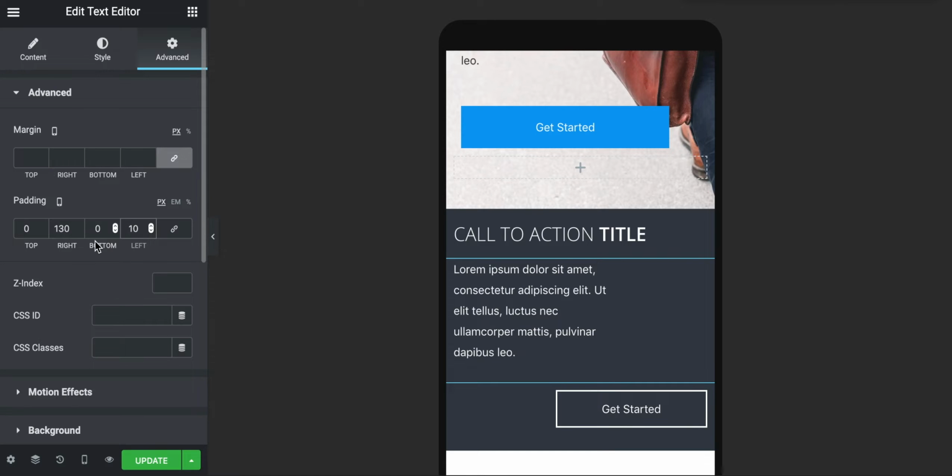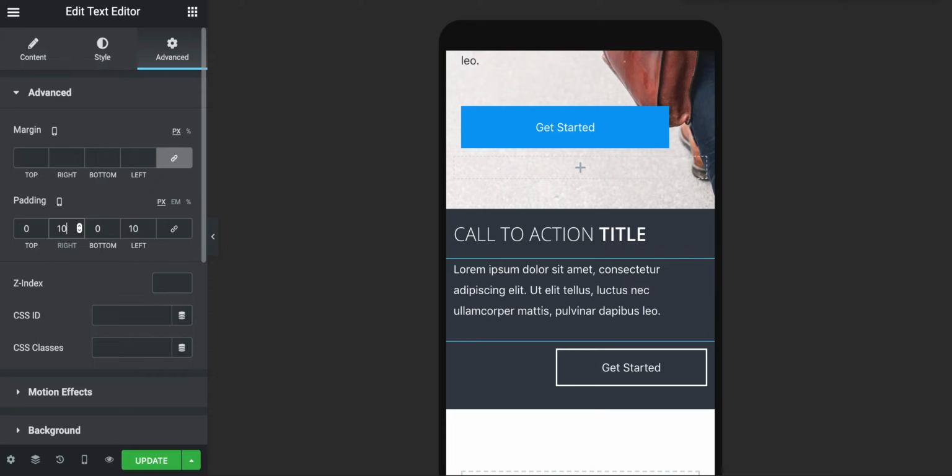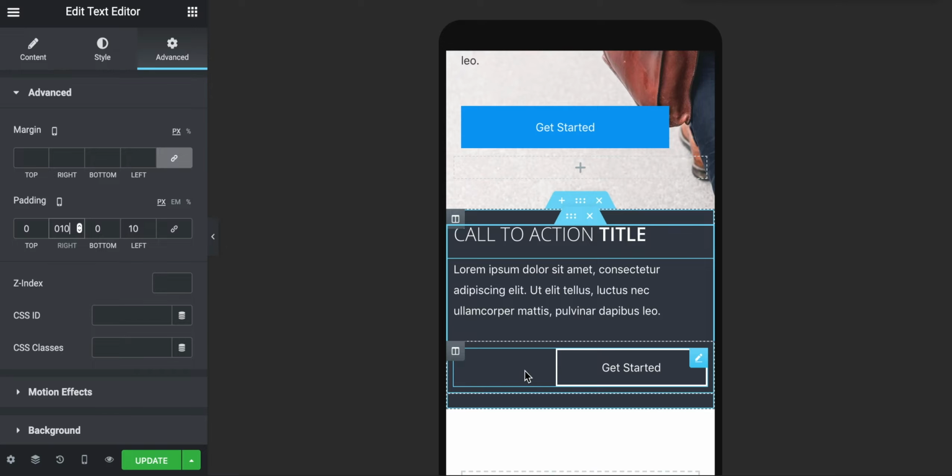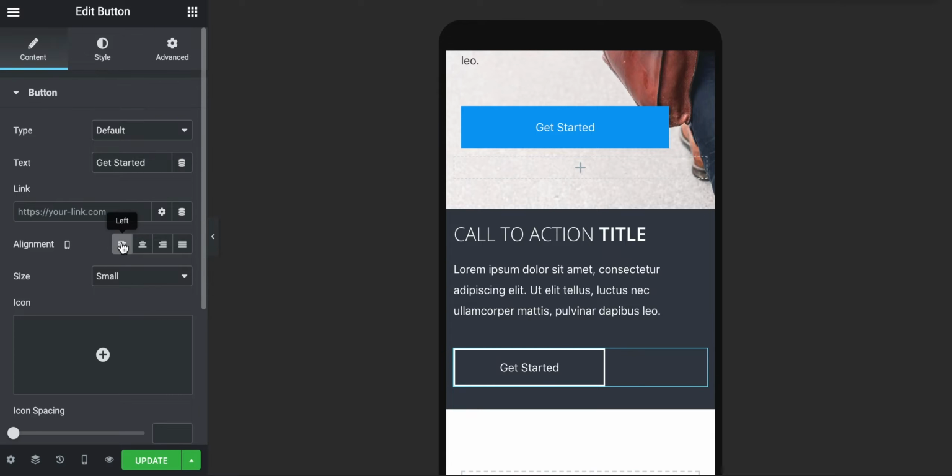I'm going to give this side 10 as well. And we're going to reduce the padding on mobile. Let's turn it down to 100. No, actually, let's give it 10. That works quite nicely. And then we'll click on the button, left align that, and now we're near enough at